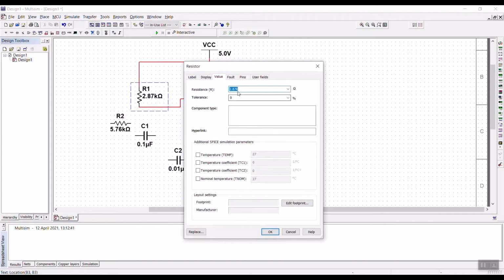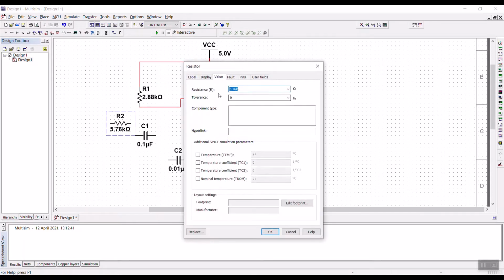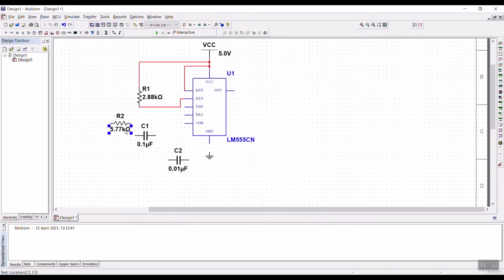So this is about 2.88. So edit the values to 2.88. After which this is about 5.77. Edit the value to 5.77. To rotate it, select the component, Ctrl R, and you can rotate it.